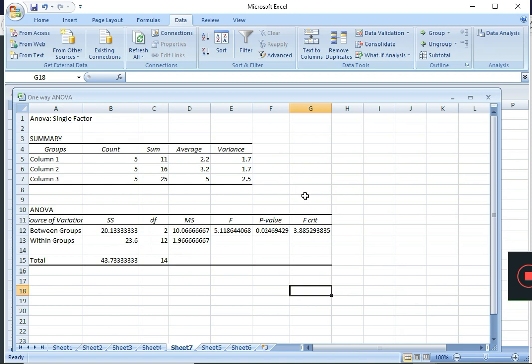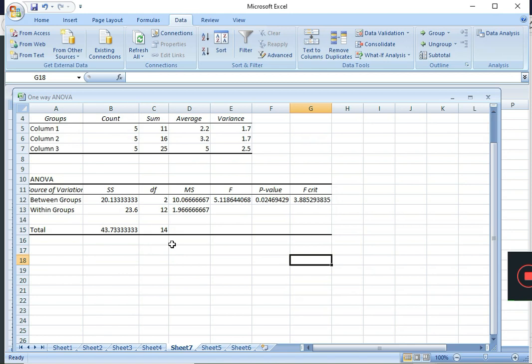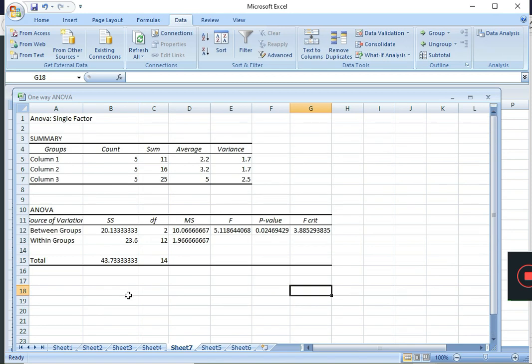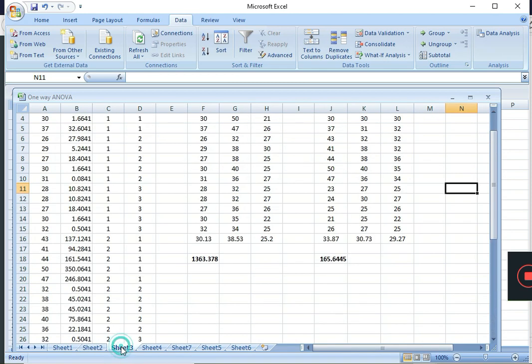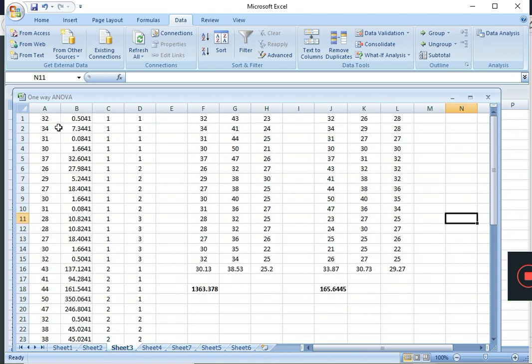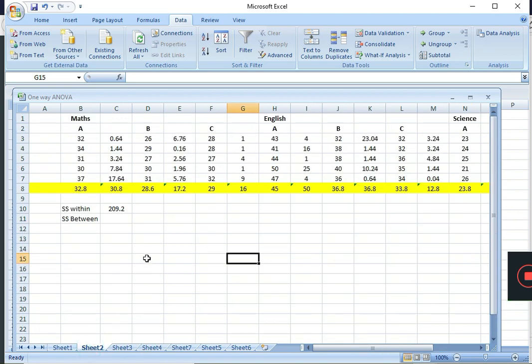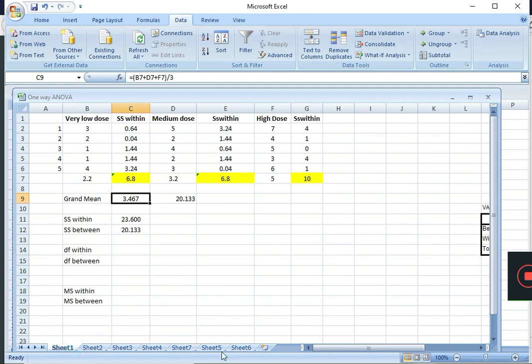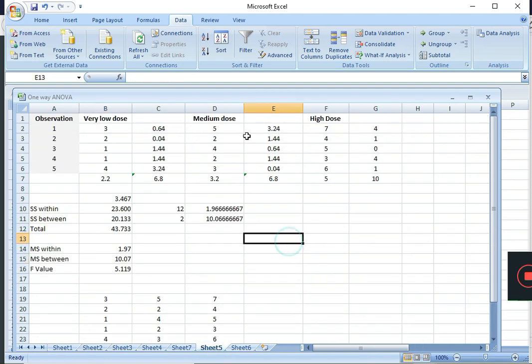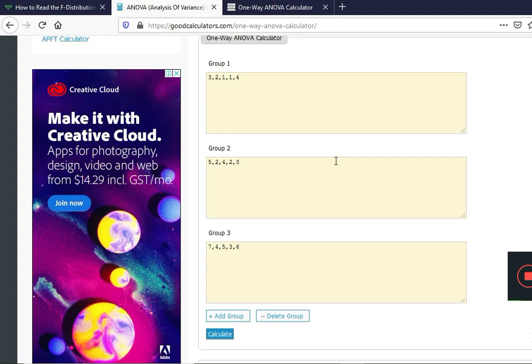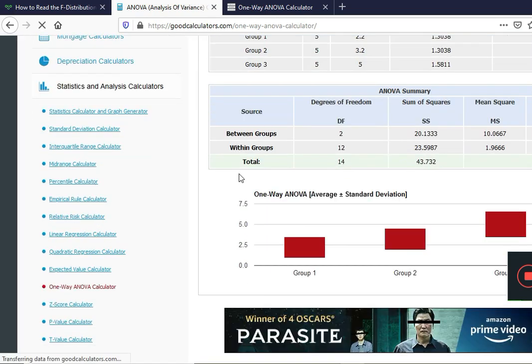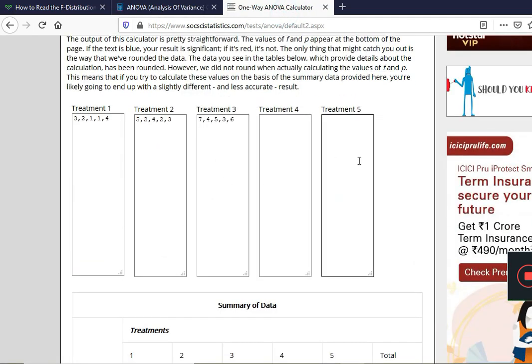Similarly, it's very simple to calculate in SPSS also, but for SPSS the input sheet has to be made in a different way, which I'll show you in some other video. Okay, it's there in the file number 3. This I have prepared for the 2-way ANOVA. Okay, so 1-way ANOVA is complete here. You can do practice with the fictitious data like this, some of the dummy data. You'll find a lot of examples on net, and you can visit these 2 links also for examples, this one and this one, for further treatment.